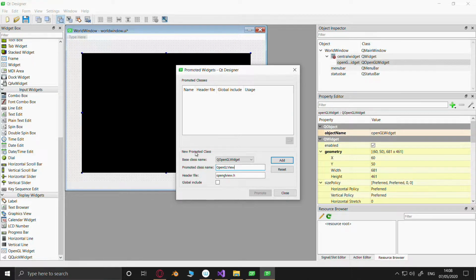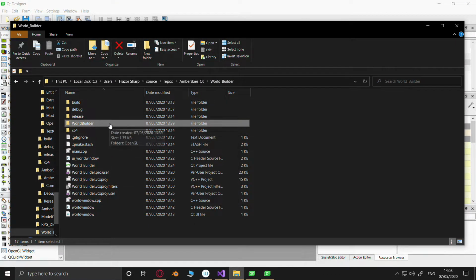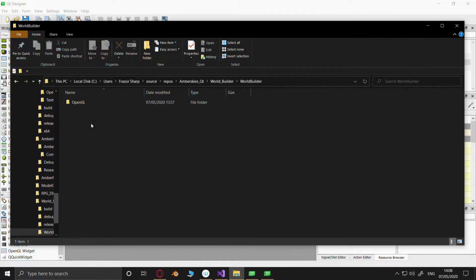And the header file is in, doesn't need to let us browse, no, I've got to work it out. The header file is in World Builder OpenGL.